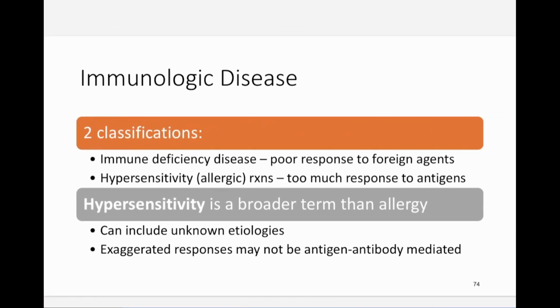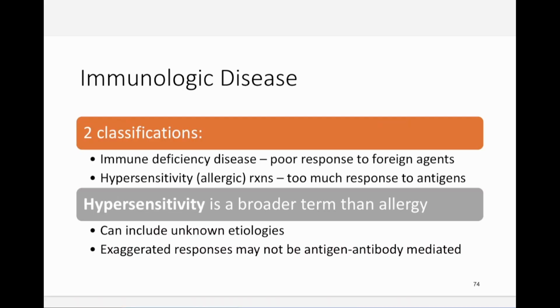Okay, so immune function alterations. When we're talking about our immune system, there's two things that can happen. Either it can be way too sensitive or not do anything at all. So immune deficiency disease, HIV, AIDS, is a form of an immunodeficiency disease. You can't mount any response to any foreign agents because you are immunocompromised. You don't have the defense. Or you get these hypersensitivity allergic reactions, and I put that in parentheses because the allergic reaction is kind of a misnomer. We'll get to that in a little bit. But now we have too much of a response to antigens. So if you eat peanuts, you get a reaction to that. That's what we're going to be talking about in a bit.